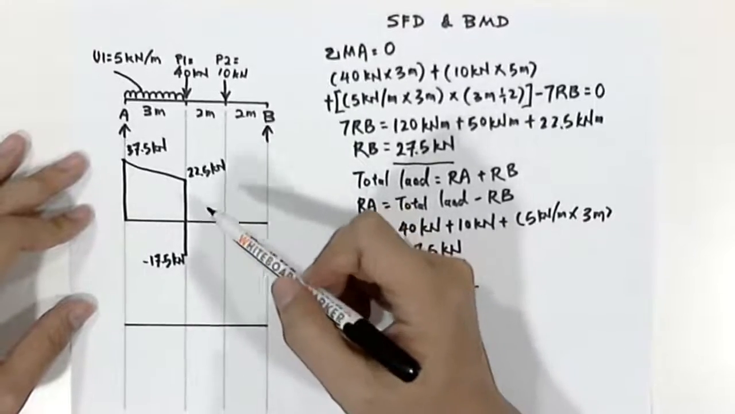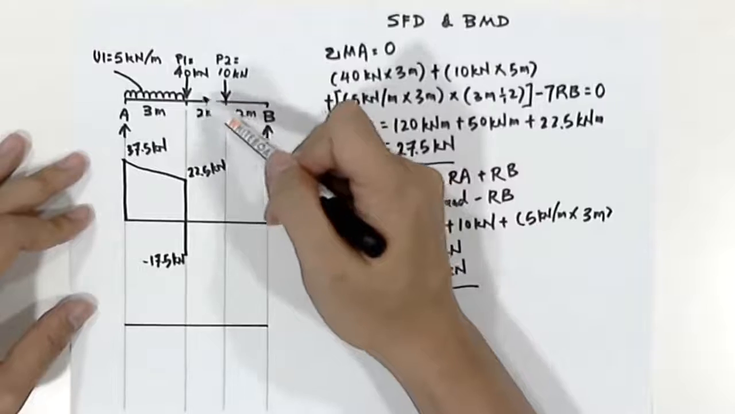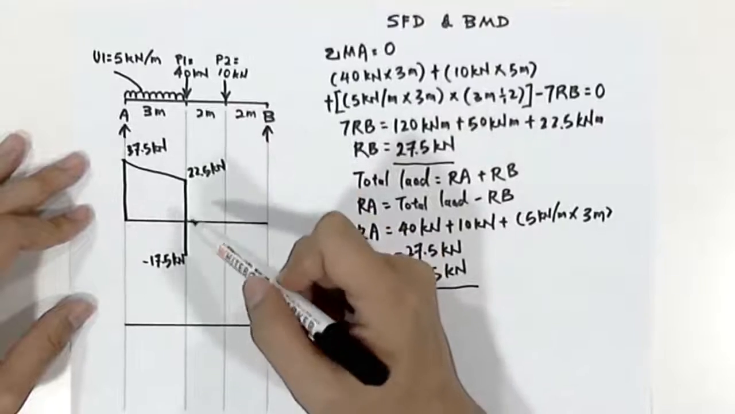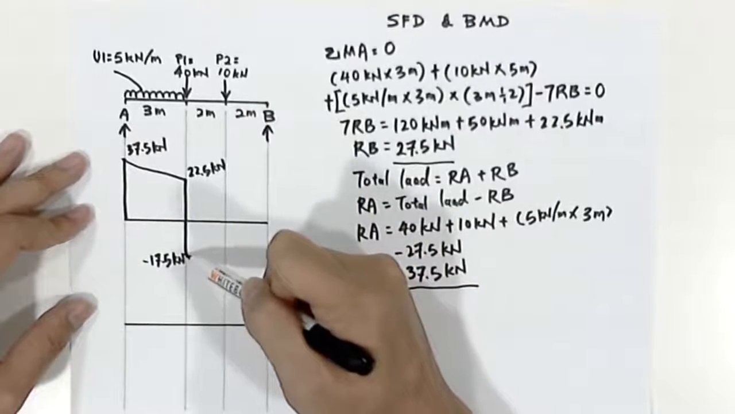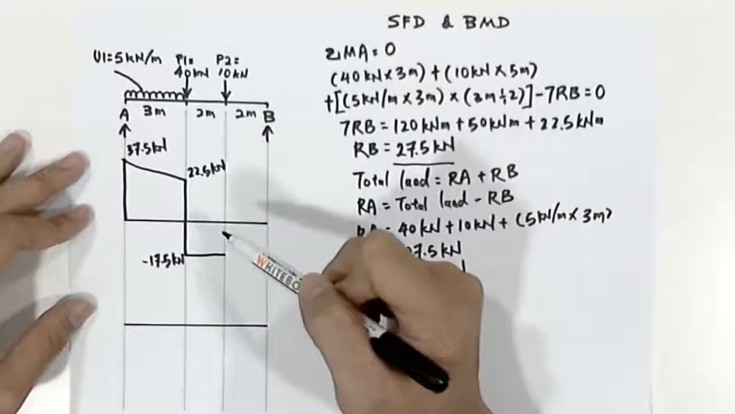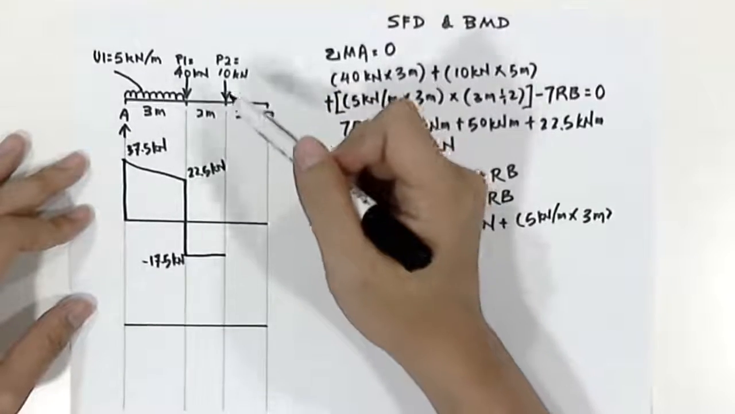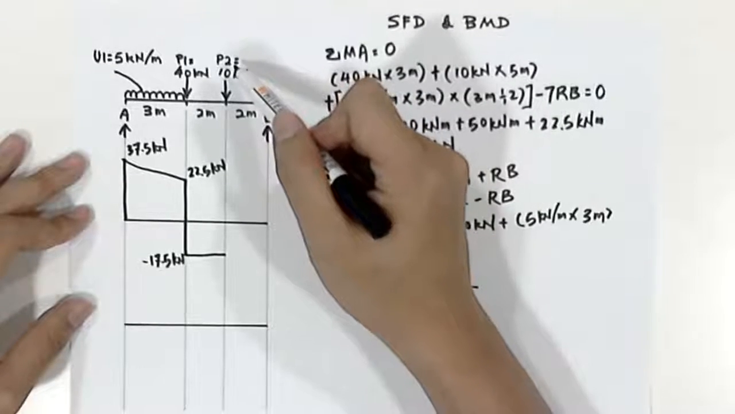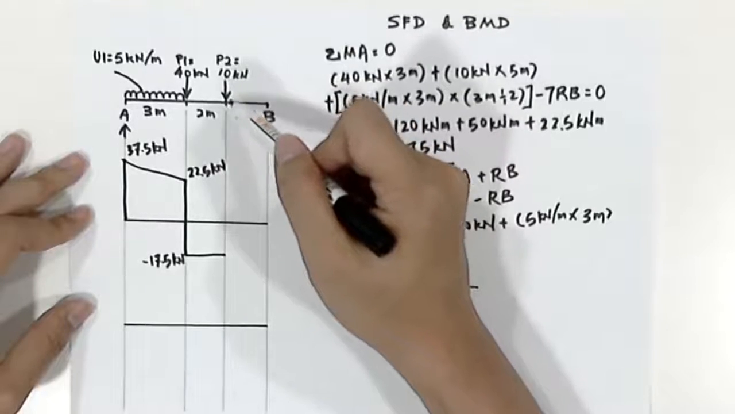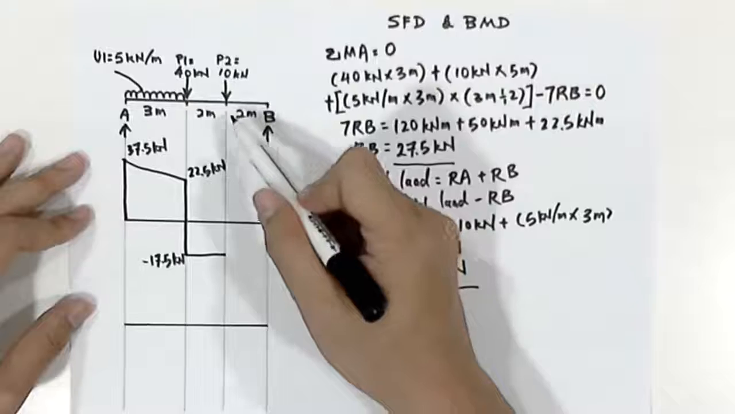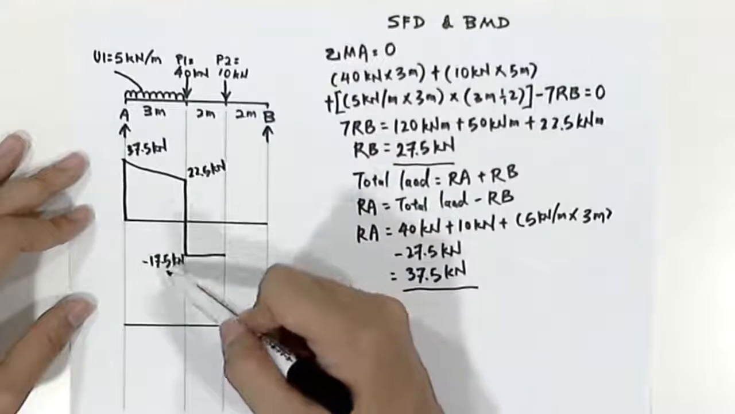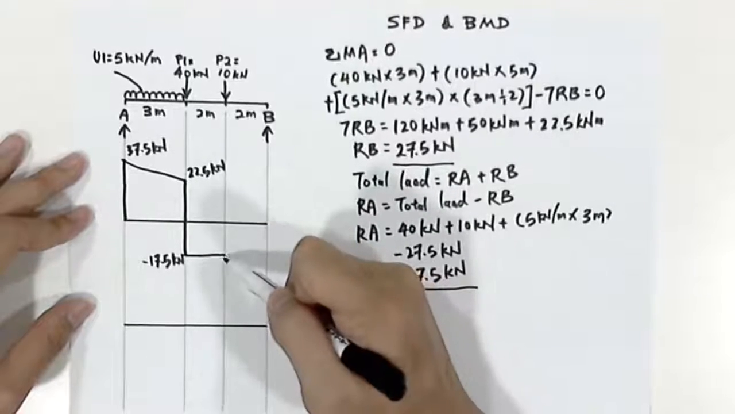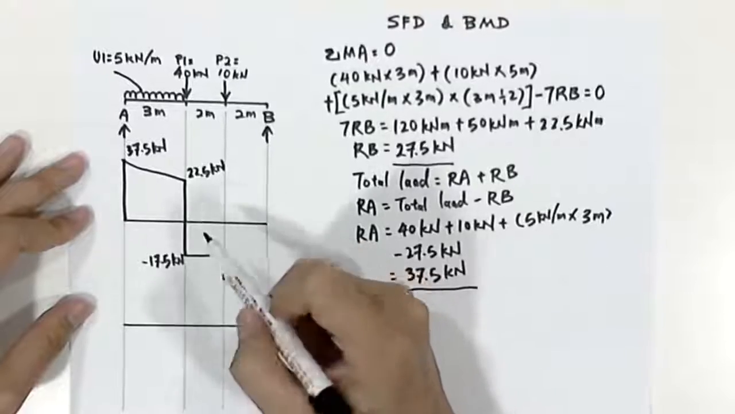kilonewton. And when we look at this band, there's no force on this 2 meter span. Therefore the shear force will stay the same. So how we go about this is that we draw one straight line until we reach the third point. At this point, we have point 2, a 10 kilonewton acting here. Therefore we'll have to deduct 10 kilonewton out of negative 17.5 kilonewton. So what we'll get here is